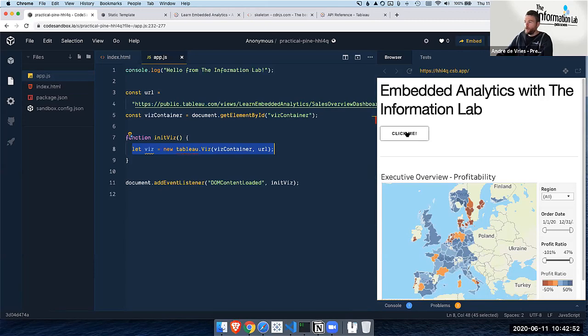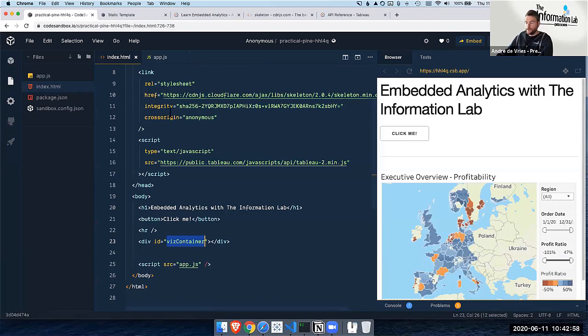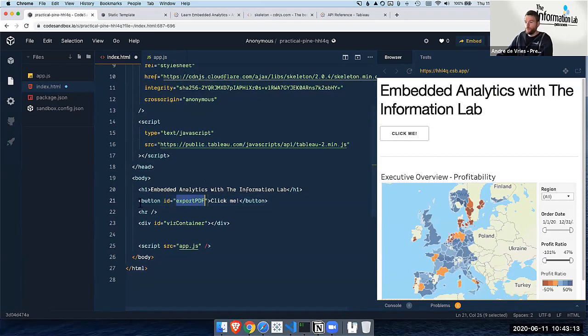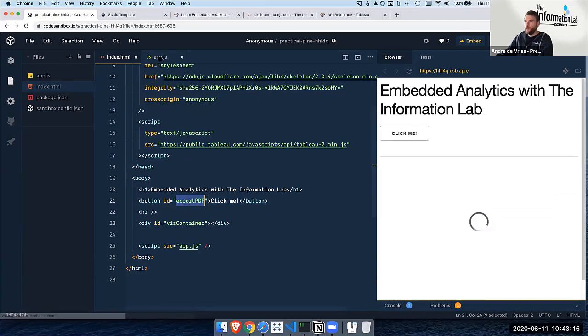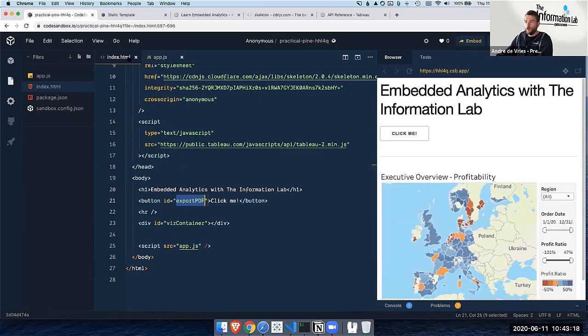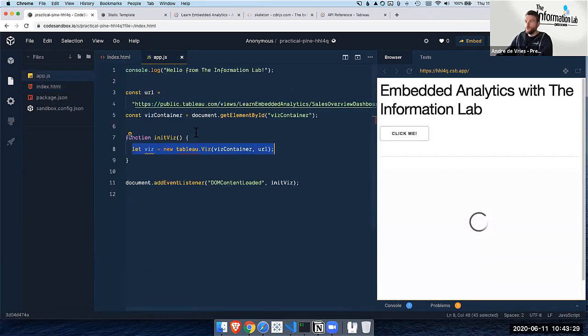We want to click on click me, and click me should show that button. So first of all, in index.html, we want to give the button an ID because that allows us to grab it in the JavaScript. Let's call this exportPDF. Again, this is also documented in the Notion page. Just going to put that on my clipboard. Make sure that you save your work throughout. If I make a change here, you will see a little circle appearing if there are unsaved changes. So if I go back to app.js,